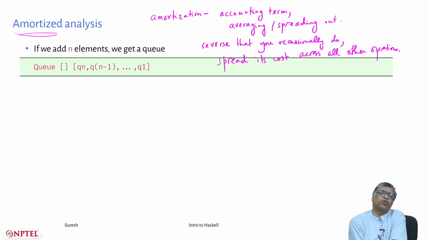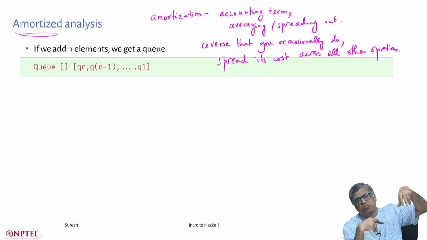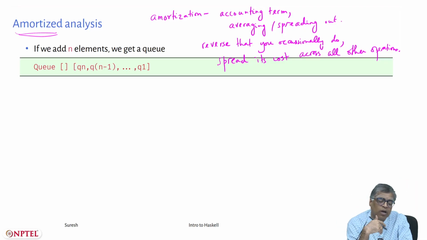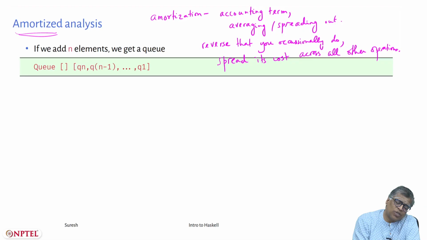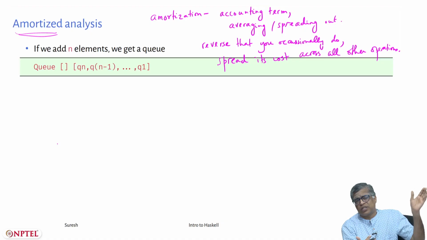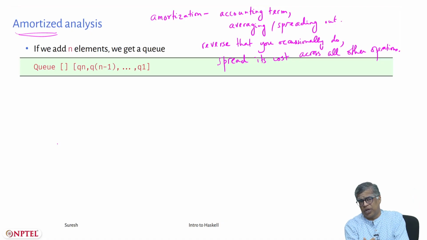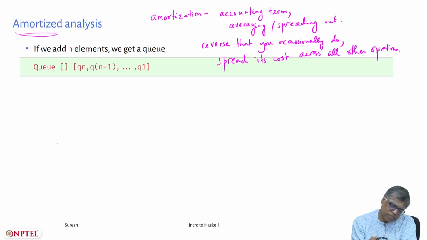In accounting also, amortization makes sense only if you are talking about some extended period where you can spread some gain or loss or whatever over that period. Similarly, in computer science, in data structures, amortization makes sense only when you consider a data structure and a sequence of operations being performed on the data structure, not a one-off operation.